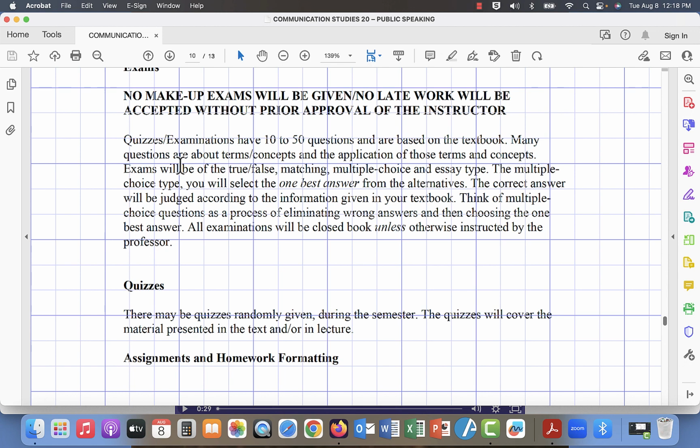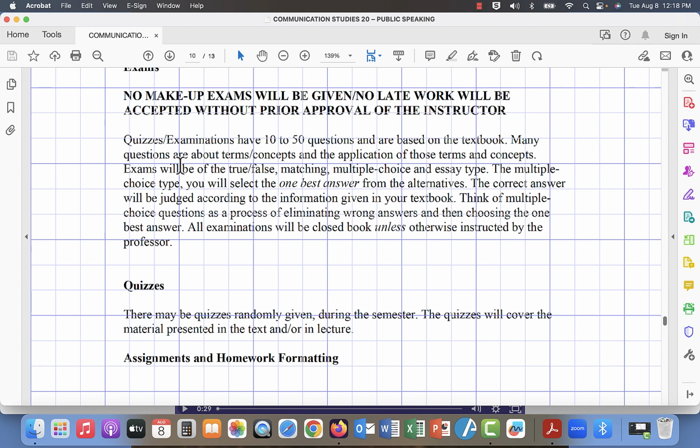So I give you guys a lot of leeway in regards to when quizzes and assignments open and when quizzes and assignments close. And if you're not able to fit that very large window, I'm sorry, but I can't help you.